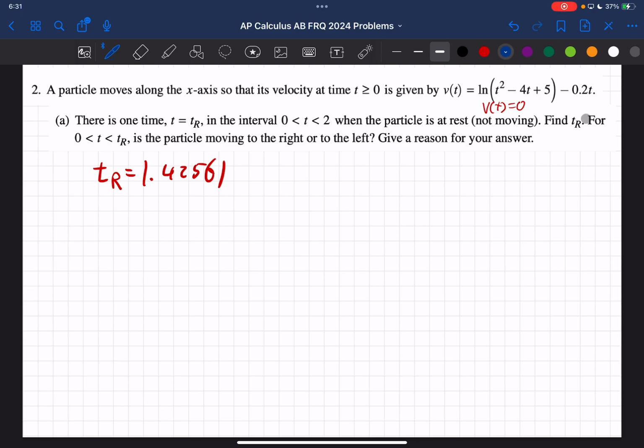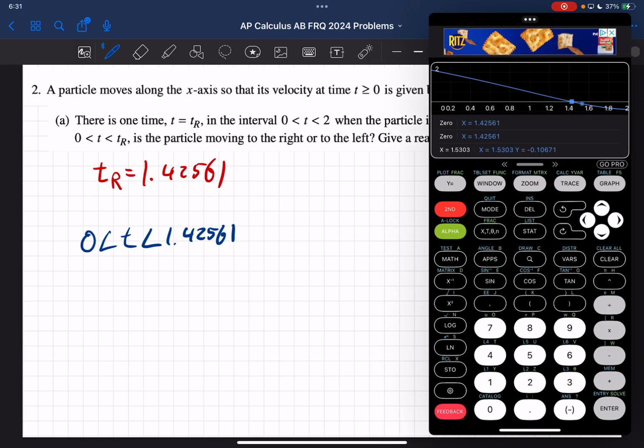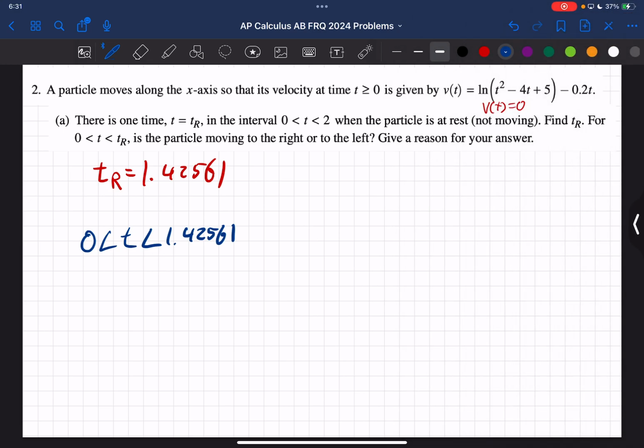Now, there's a second question. For 0 less than t less than this value, so we're talking about 0 less than t less than 1.42561, it's asking, is the particle moving to the right or to the left? And we want to give a reason. So that means we're looking at this interval of the graph right here. Now in this interval, v is positive. So for this interval, v of t is greater than 0, which tells us